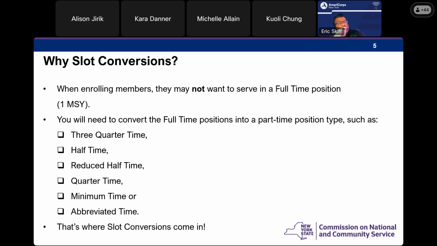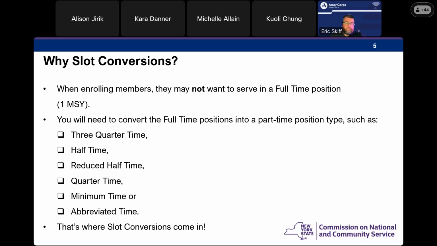Some programs have continuous enrollment, some programs just have a set enrollment day, and that is a deadline. You have to think about what works best for your program. But if your program has the luxury to convert the slots, by all means, slot conversion is a useful tool to allow continuous enrollment throughout the program year. You just have to figure out, from the point of enrollment to the end date, what is the more realistic slot term that the program can finish, hours.